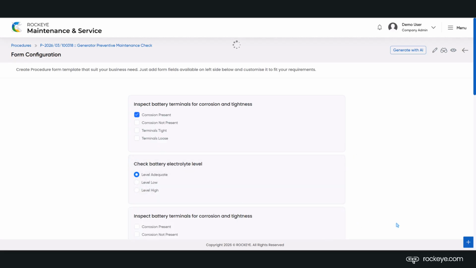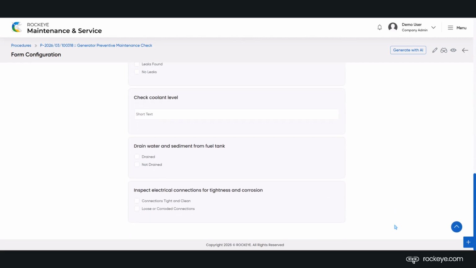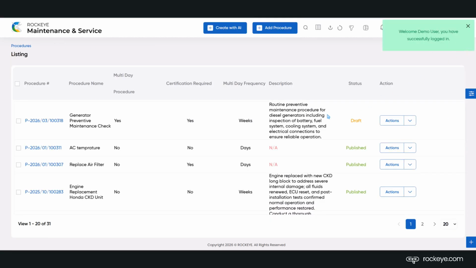This structured approach eliminates ambiguity and ensures that all safety protocols are followed precisely. Tailored forms standardize field data collection, improving audit accuracy and